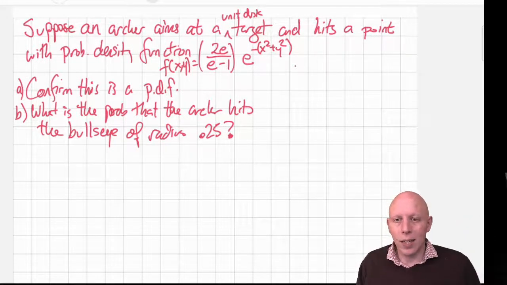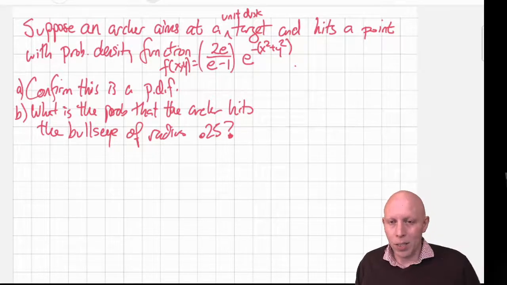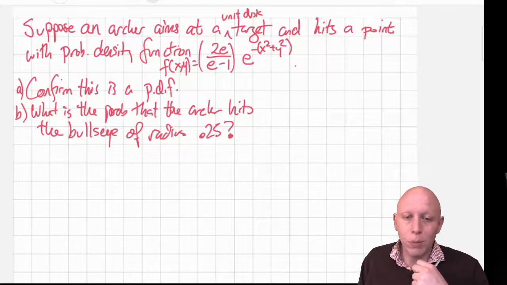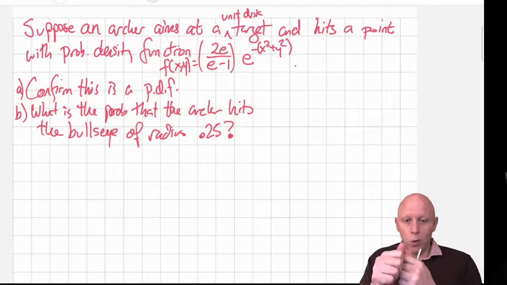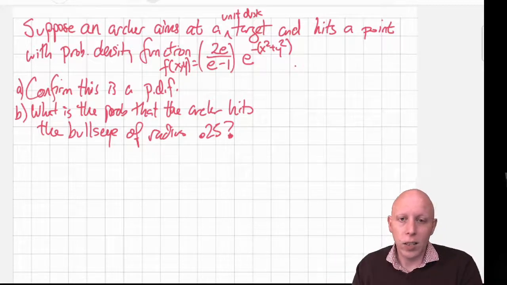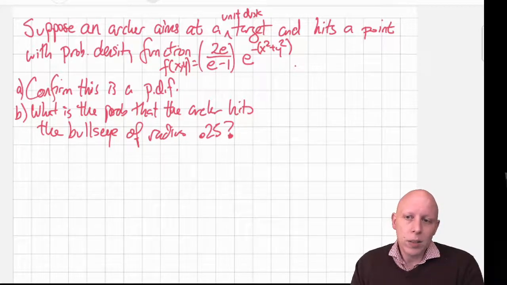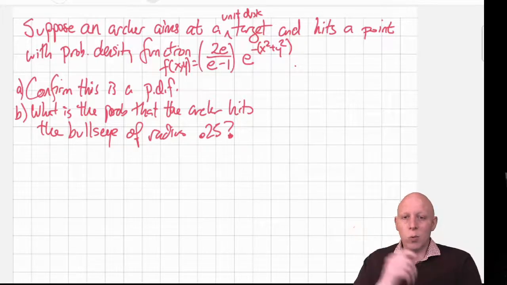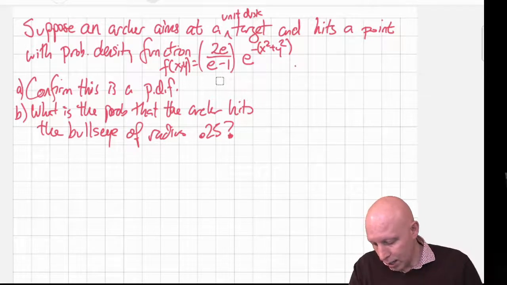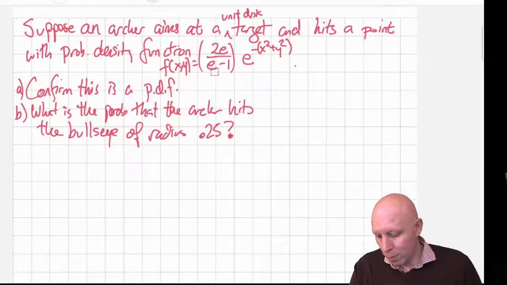Hi, welcome back. I wanted to do one more example that is an application for which polar integration is very helpful. So let's look at this example of a probability density function. We were talking before about an archer shooting at a target. Here we have a circular target, polar, and the archer hits the target with a certain probability density function. This probability density function is 2e over e minus 1 times e to the negative x squared